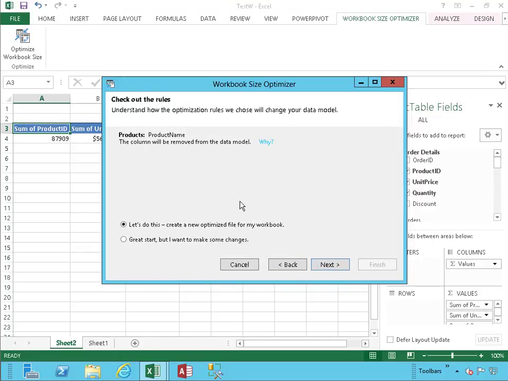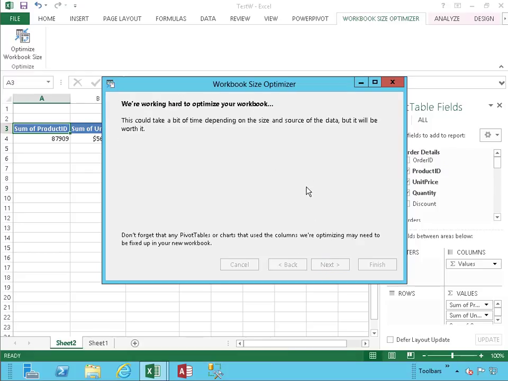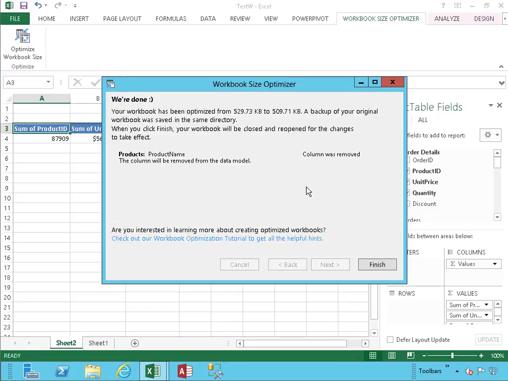I'm going to click next and notice it's going to create a new optimized file for the workbook. It's also indicating the column will be removed from the data model. And if you hover, it tells you why. Let's click next, and it's doing its work. Notice that it has completed successfully,